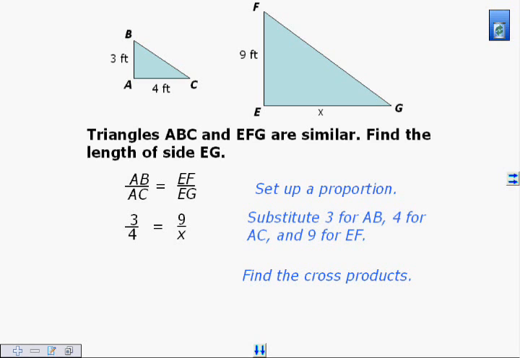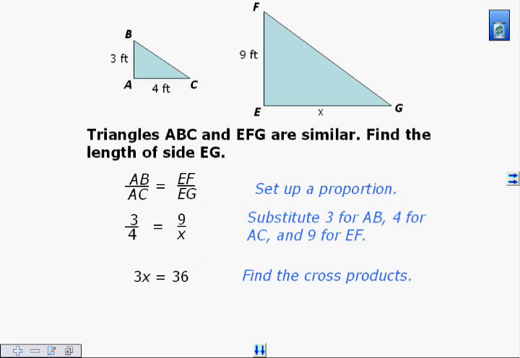Now we're going to find the cross products. None of this is different from similar figures except for the fact that we have an X down here. And remember, 3 times X is just going to be 3X. This is the XMed method. Cross multiply to get your equation